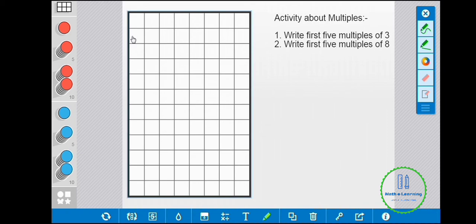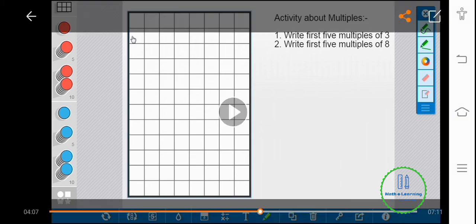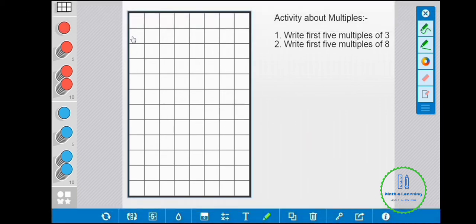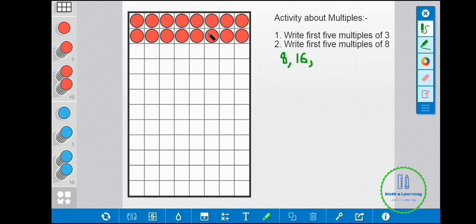Now we solve the second example. So here I have taken this frame having 8 columns because we are finding multiples of 8. So first I fill this row. First I filled the first row, and we know that we have to do multiplication. 1 8s are 8, so 8 is a multiple of 8. Then the second row is filled and 8 2s are 16. Then the third row